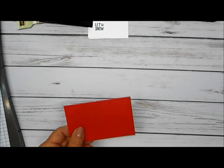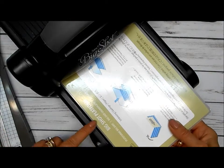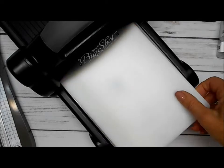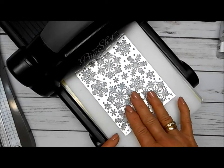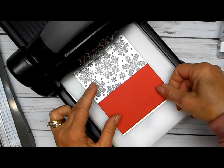So what I'm going to do is show you how I build that sandwich. And I'm going to take my Big Shot, and you're going to use your Big Shot platform for embossing. It's got the diagram on the top. And then we need the white mat that comes with the embossing mats. Next up is to put my Thinlit, and of course this normally would be used to cut, and I can use it to cut, but I wouldn't build my sandwich like this. I'm going to lay my paper on top of that,